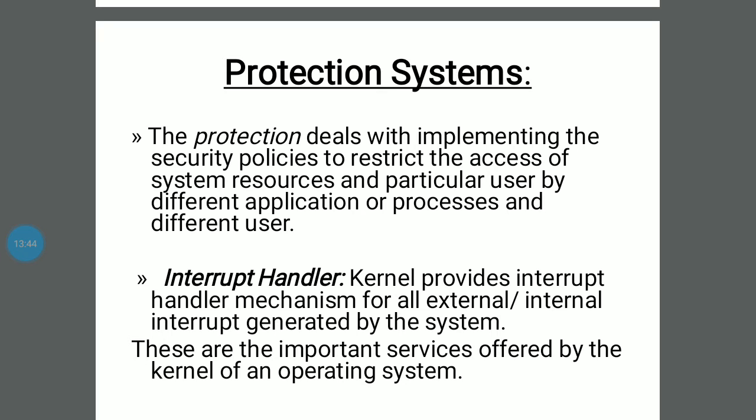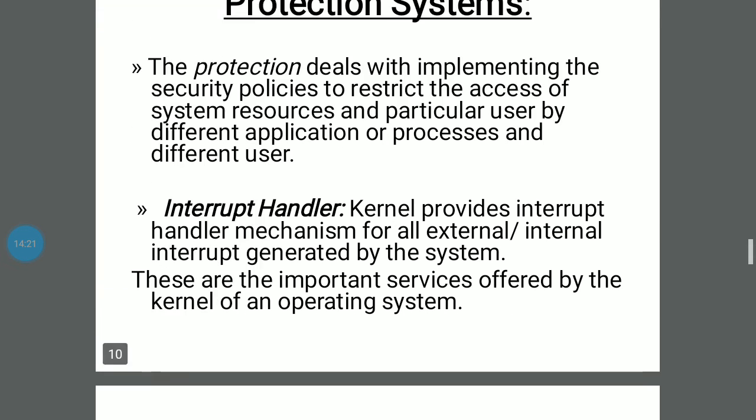And IO system management, so properly it has to take the request and properly respond to the IO request. The entire set of these services is provided by the kernel. So these are the important services offered by the kernel of an operating system. In addition to these services, many operating systems offer a number of add-on system component services to the kernel, like network communication, network management, user interface graphics, timer services, error handler, database management, etc. are examples of such component services.